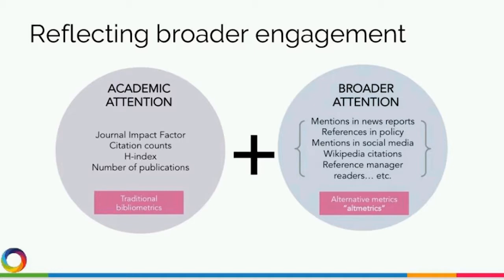So as I've mentioned, altmetrics are really designed to reflect broader engagement. On the one side, you have academic attention, which is things like the journal impact factor, citation counts, the H-index. So very numbers-based traditional bibliometrics. And then on the altmetric side, you have this idea of the broader attention. It might be things like mentions in news reports, references in policy. And as I said at the beginning, these are really designed to complement each other. Altmetrics and citations can both be used alongside each other to build up that bigger picture of the broader